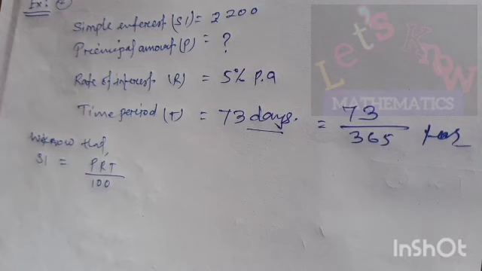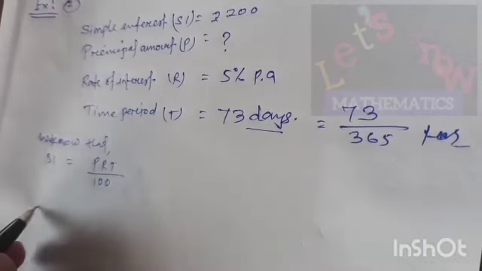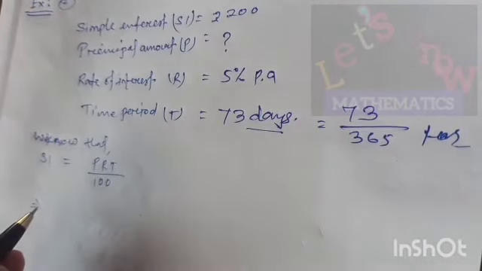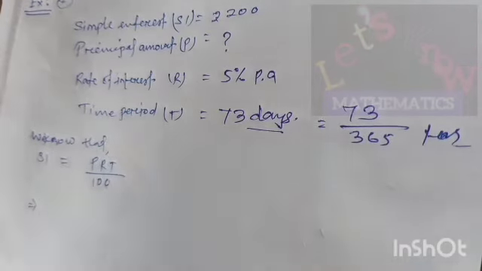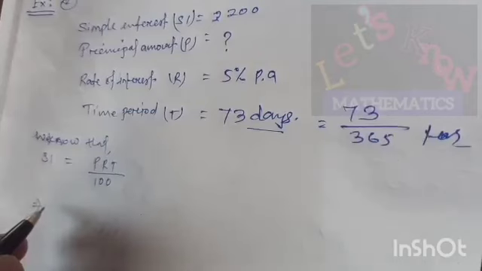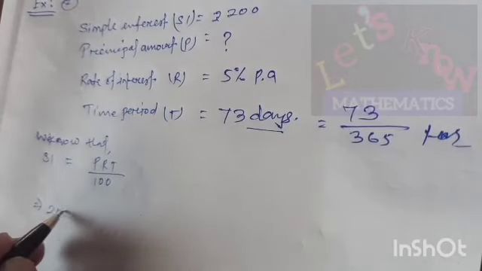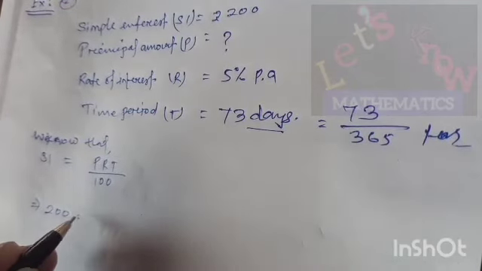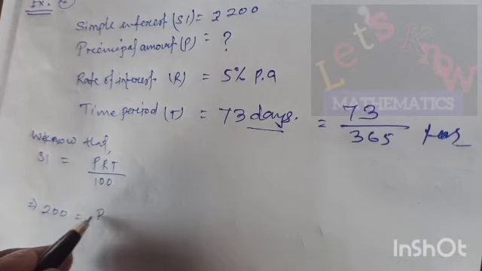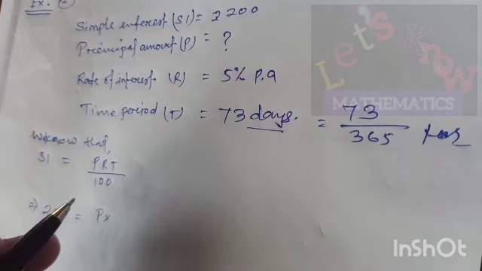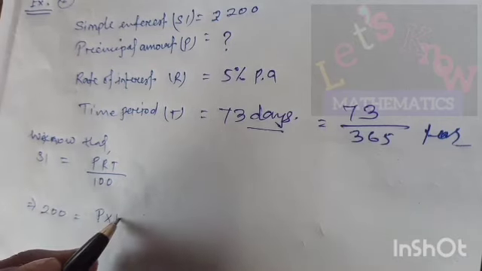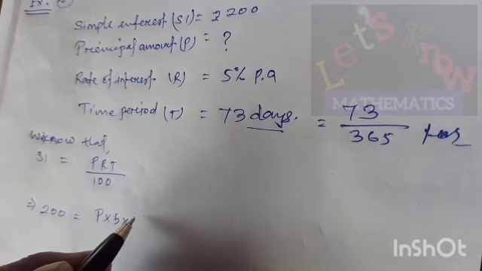So from here, put the values. SI is given as 200, is equal to the principal amount, which is not given to us, into the rate of interest, which is 5%, into the time, which is given as